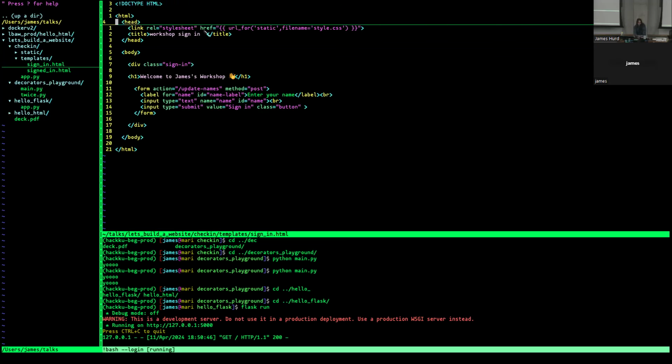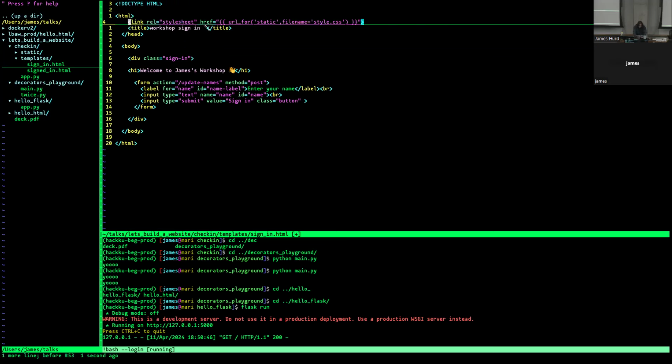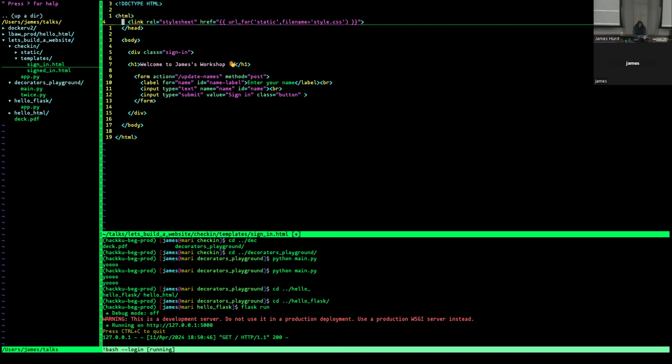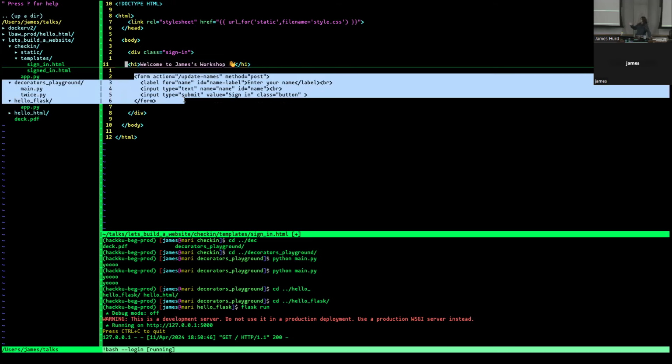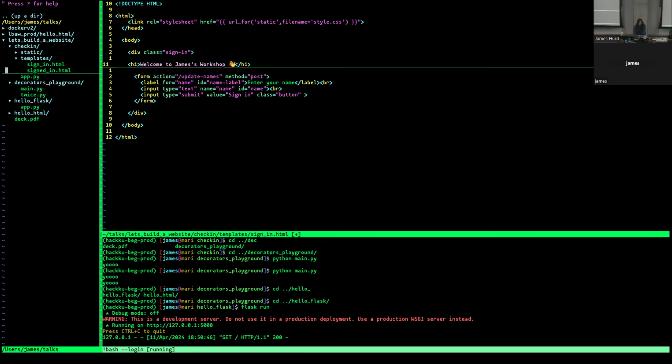You can see that it's got the HTML stuff, and I'll get rid of this because we didn't talk about this. So what happens is we can make the page. We have our header here, this H1. There's some stuff in here that I'll talk about when it becomes relevant, but it's not relevant right now. So we have our header on the web page, and we have a form. This template doesn't have any placeholders, but it doesn't have to have placeholders to be a template. If we look at the signed in web page,